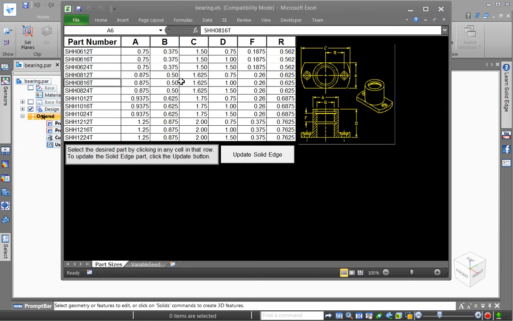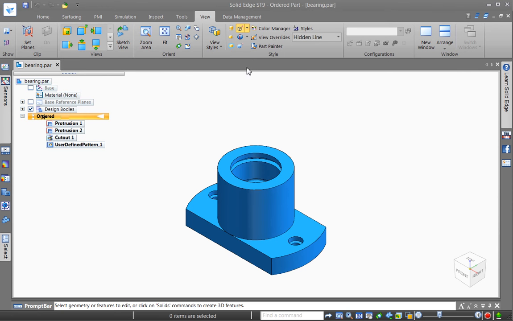It has obviously some data in a grid format here, and it's got a big button you can click to say update Solid Edge. But what's actually going on here? If we look at the variables table,